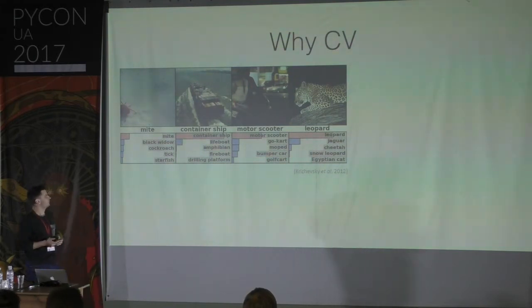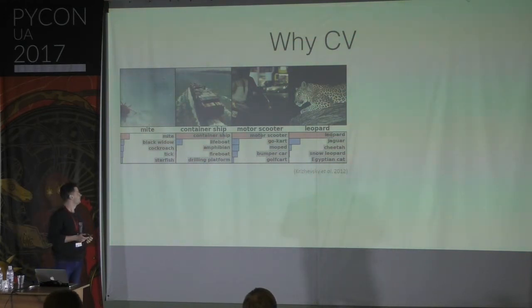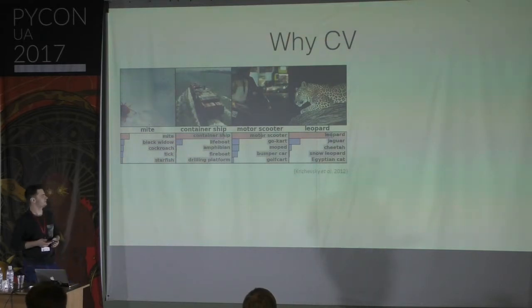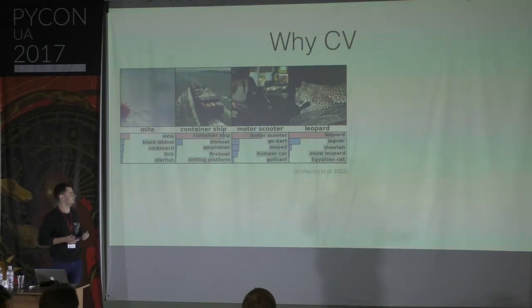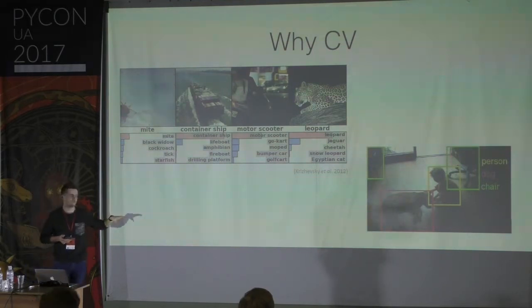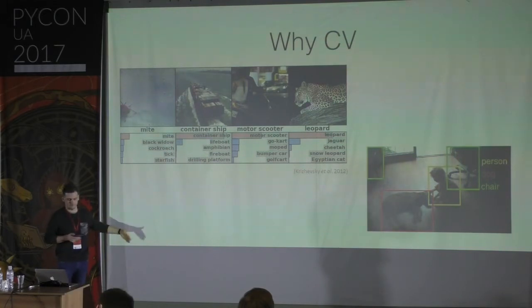Maybe you've heard about image classification. That's when we have an image and we try to say what's in there. There was a big breakthrough in 2012 by Alex Krizhevsky and his team, where they first successfully used convolutional neural networks and deep neural networks. And there is a harder task of object recognition. Instead of classifying the whole image, there are multiple objects in the image, and first we have to find these, and then we can classify them.